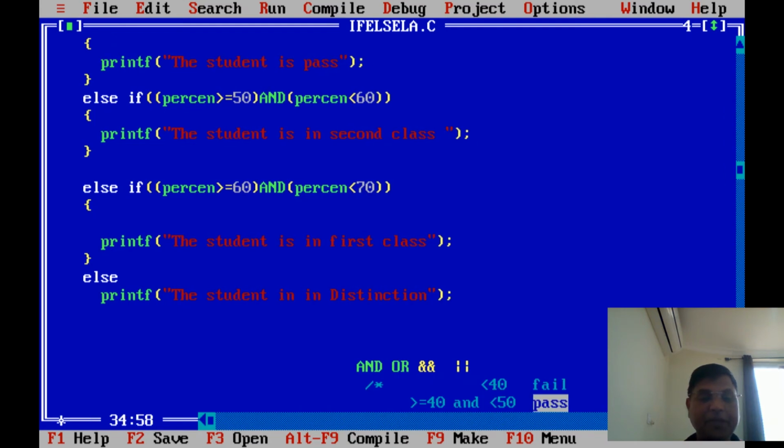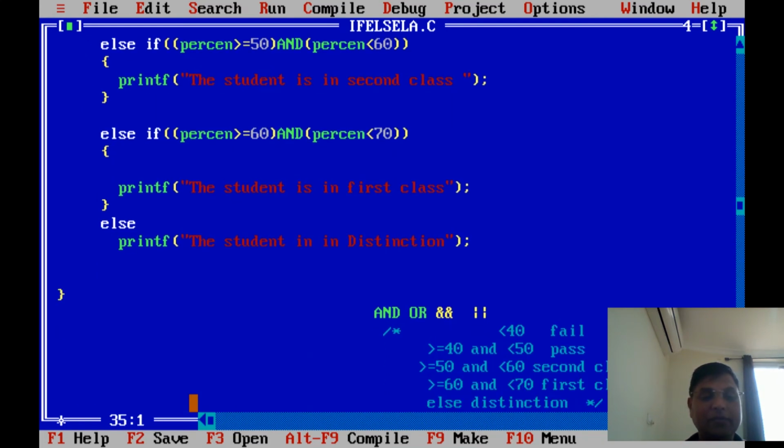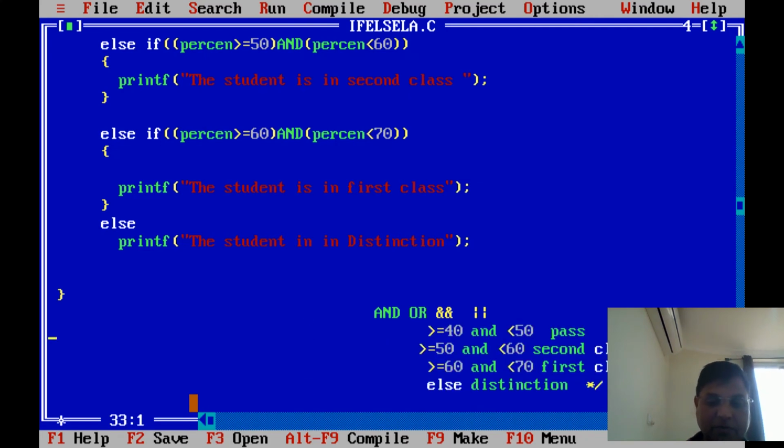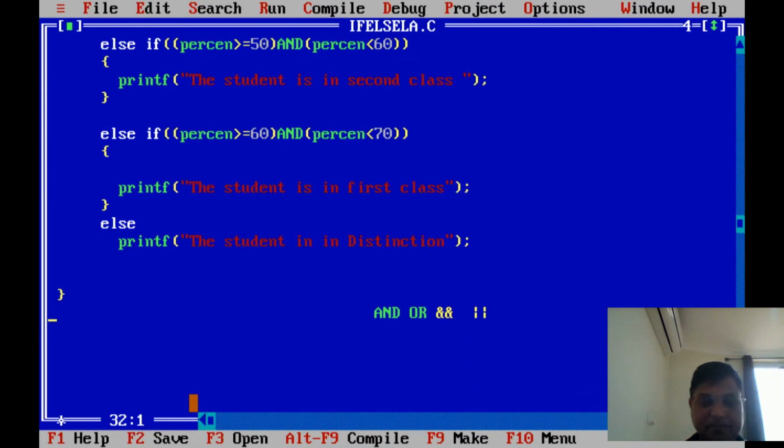So we don't need to check any conditions here. Let me remove all these statements. So we have done all the conditions: 40 check, 40 to 50 check, 50 to 60 check, 60 to 70 check, and else distinction.